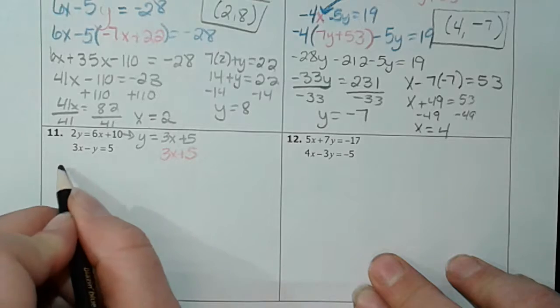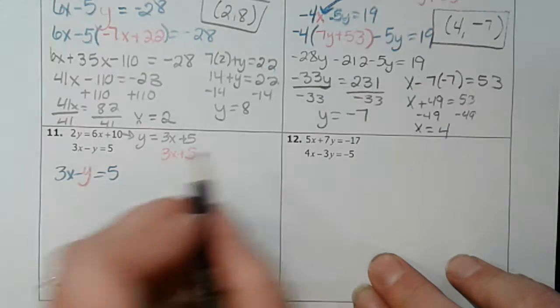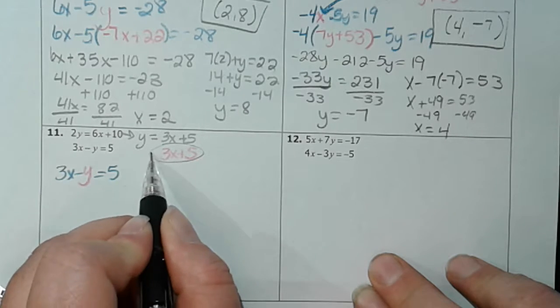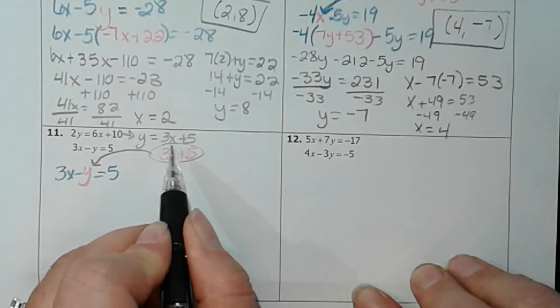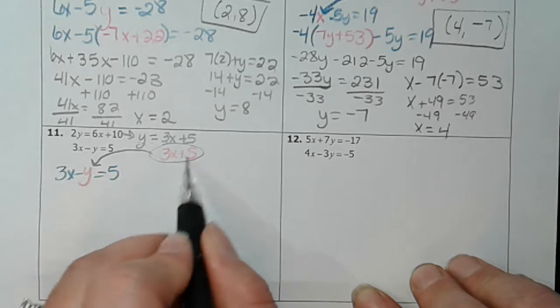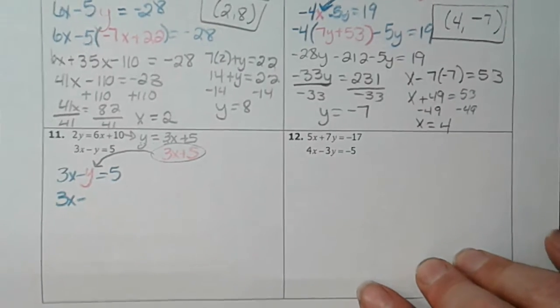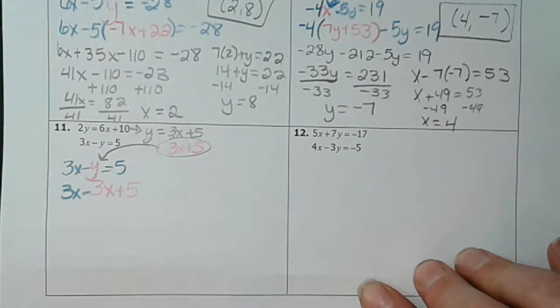So we know y equals 3x plus 5. Well, we also know that this is 3x minus y equals 5. So we're going to plug what we already know for y in where we see a y. Anywhere, since these two are equal, anywhere we see a y, we could also put this. These two are the same. So I can plug this in anywhere I see a y. So I'm going to say 3x minus 3x plus 5